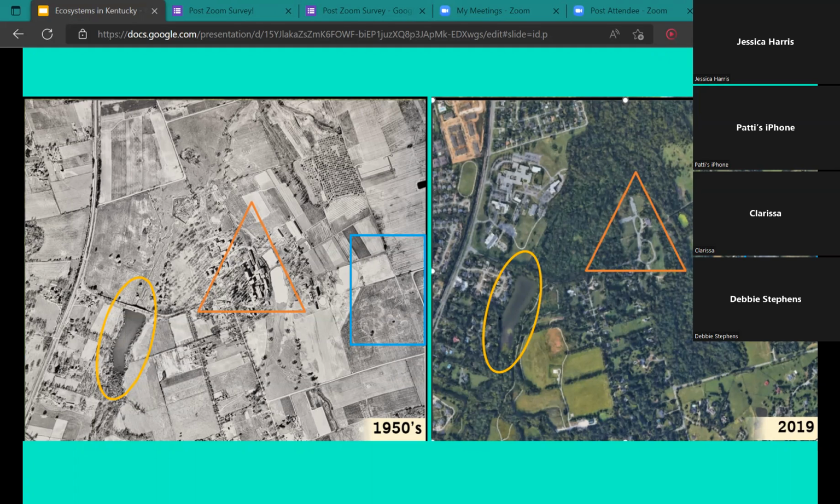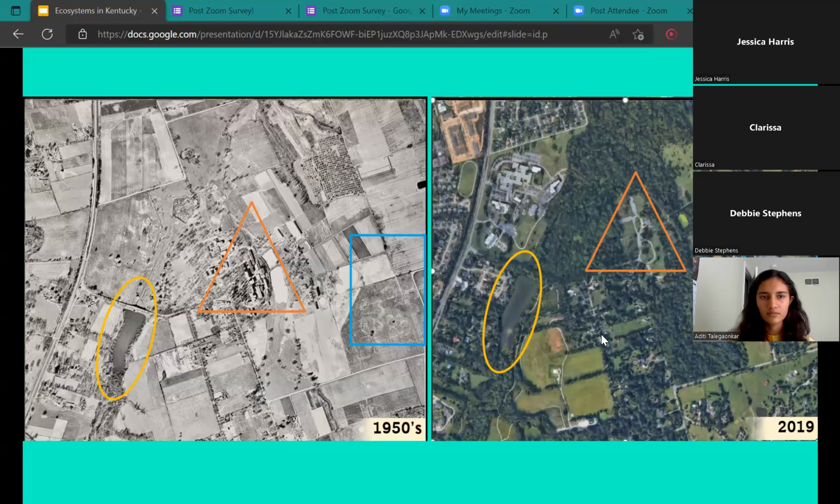So again, using the raise hand thing, do tell me if you can spot any differences or similarities in how the land is used. Actually, you can just unmute and say anything that you spot. Just any differences between how the land was used in 1950 and how it's used now. Well, in the blue one, there's a building now, whereas in the 50s, there weren't. It was just land. But yeah, lots more trees in the 50s, a lot more commerce and just structures in the now picture.